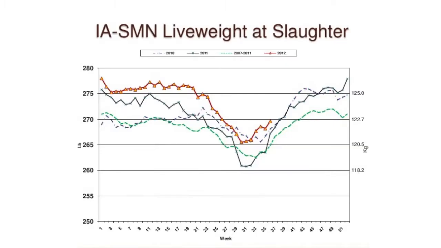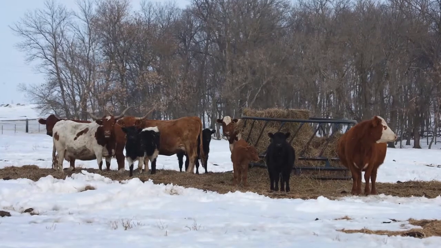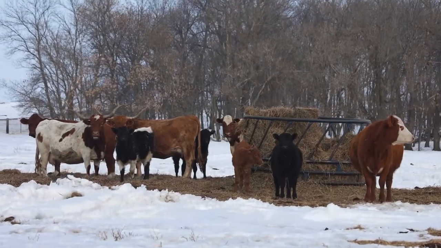The impacts of heat stress on production are captured by seasonal production numbers. For example, in recent years, swine producers in Iowa have reported 3 to 4% reductions in slaughter weights during the summer months each year. Milk production per cow is affected by many factors, but the annual cycles are quite evident, with an estimated 5 to 10 pounds of milk per day lost due to heat stress in late summer and fall.